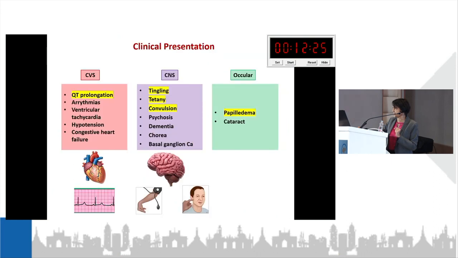Calcium-related manifestations in its low state are basically cardiovascular manifestations, central nervous system-based manifestations, and ocular manifestations. The manifestations in an acute state are slightly different from those in the chronic state. In the acute state, one encounters even seizures, laryngospasm, and occasionally even death, which we have seen as practicing residents in hospitals like KEM.